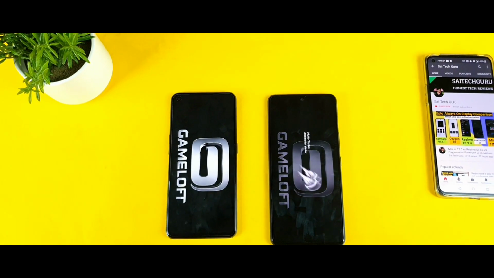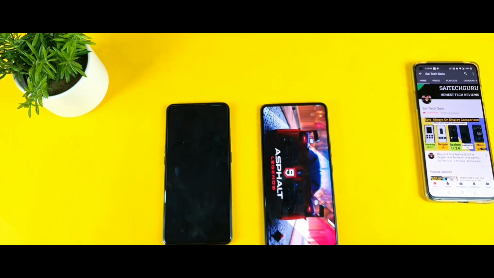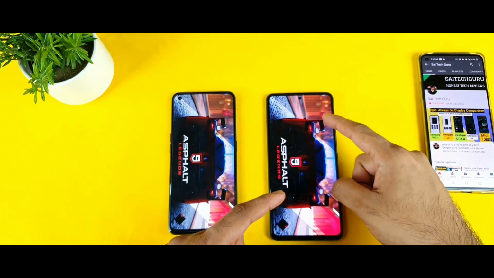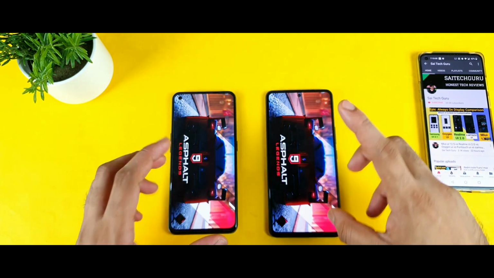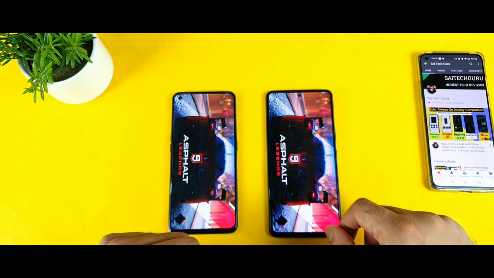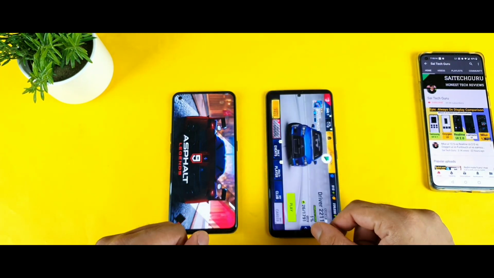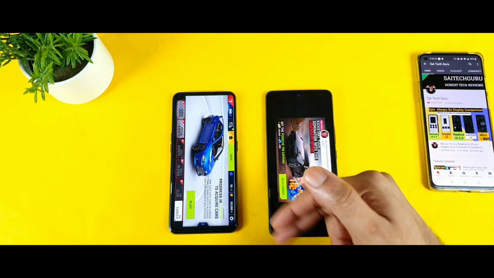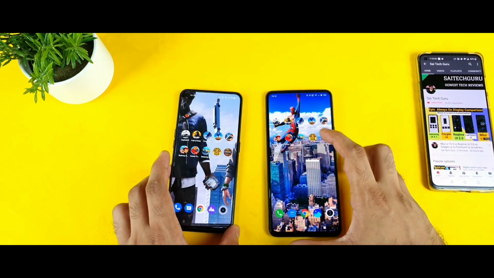Right now, as you can see, friends, both phones are loading with their game space and the ultra game mode. And the first phone to open Asphalt 9 is the IQ7 device. As you can clearly see, the IQ7 opened the logo first, then the Realme X7 Max device. Let's see which phone will get the booting logo as well. First, we saw it on this IQ7 device. As you can clearly see, friends, the first phone to open Asphalt 9 is the IQ7 smartphone.